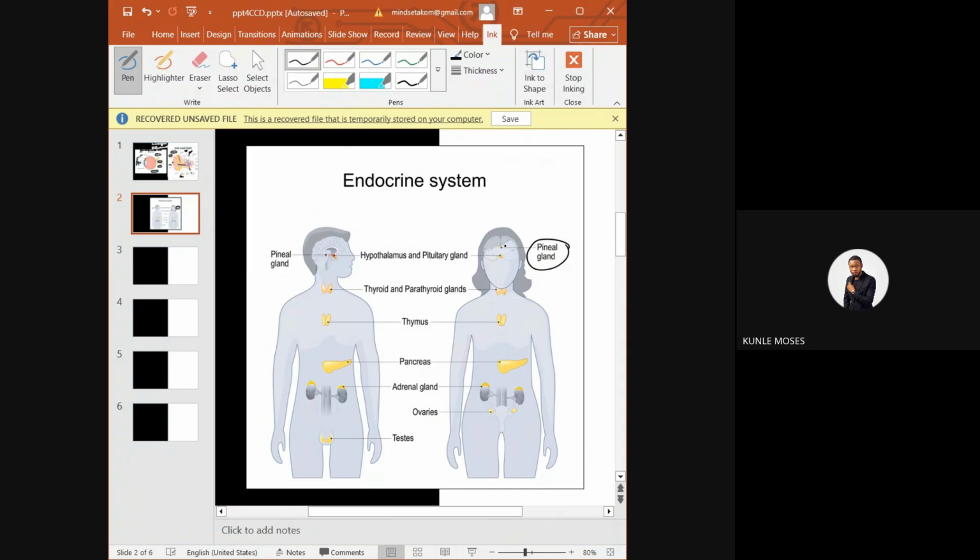Are we together? There's a hormone that is called melatonin. Melatonin is the hormone that helps to dictate how long you can sleep, how long you can wake up. So now, if you want to control your pineal gland, or let me say you want to control your sleep-wake cycle, one of the things you will do is that every day, just tell yourself, I want to be sleeping by 1 a.m. Like for example, me now, almost every day I sleep around 2:30, 2 a.m.